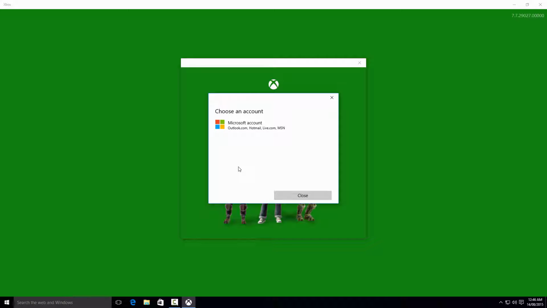If you've already signed in, if you've already associated a Microsoft account or Xbox Live account to your login, you will not see this. It'll probably try and log you in automatically. If that is not an Xbox Live account, you're probably going to have to go to your settings and manually add it. If you haven't done that, then you can safely select this,